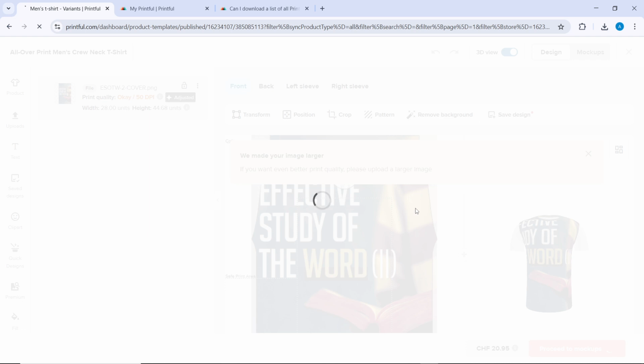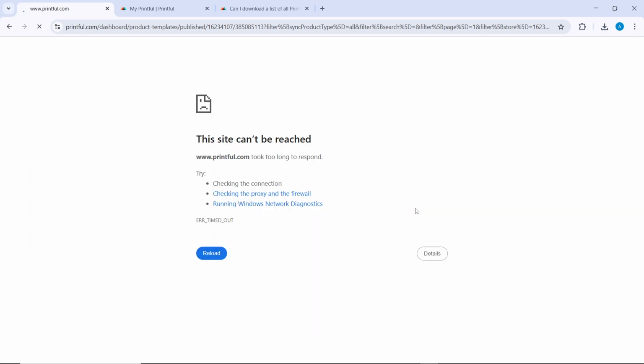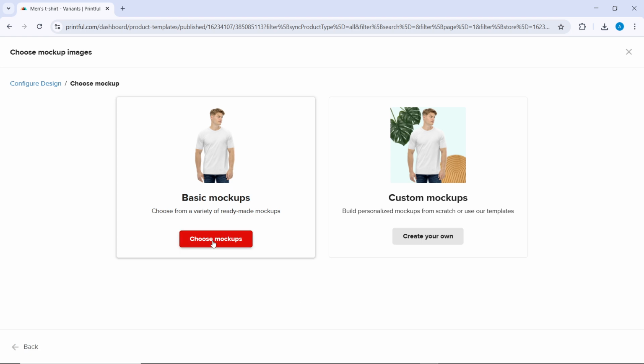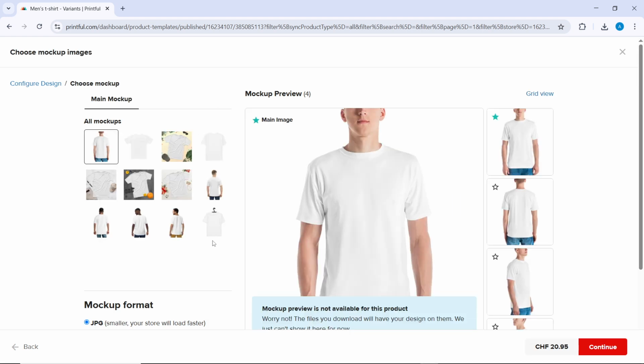And once you click on that, it's going to take you to a window where you can now select fresh mockup styles, either flat lay. So from here, you can select choose mockups, or you can now select fresh mockup styles, or the flat lay, model, short, lifestyle scenes, whatever suits your brand. And once you're happy with your selection, hit